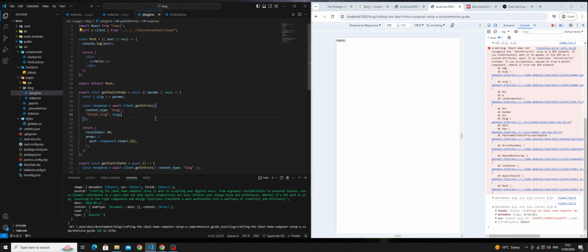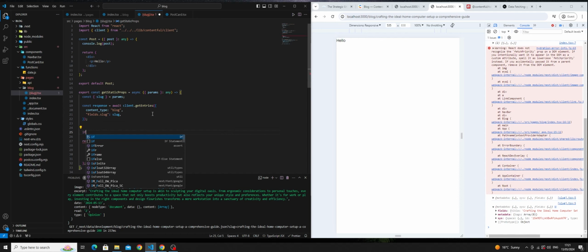But one thing we need to do is a bit of error handling. If there is no response, we'll just redirect it back to posts. So what we're going to do now is make an if statement: if there is no response.items.length, he's saying if there's no response items in this array, just do